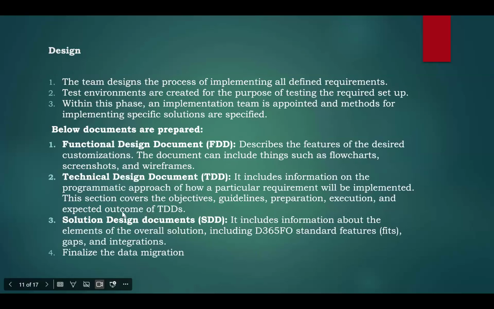And the design stage, obviously, is based on the FRD and gap fit analysis. If there are any functional requirements which need to be customized, which are not available or which need some extension, all those will be converted into a functional design document. Let's say one requirement has got some customization or the field is not available. In that case, we will convert that into the customization. We'll have the functional design document. We'll understand what is the requirement, why it needs to be modified, how it is going to impact the existing system, what is the expected result.